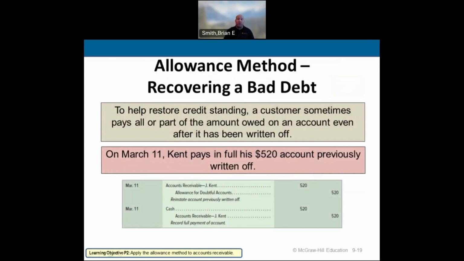Well, similar to the direct write-off method, we still have to reinstate it, but instead of reinstating or reducing and getting rid of our bad debt expense, we're simply going to refund our allowance for doubtful accounts by the amount we wrote off. It could be the full amount. It could be just a partial amount. We're only going to apply this to the amount that is given to us as a payment. So in this case, they're going to pay it in full. We're going to debit accounts receivable, reinstate that amount, and then credit the allowance for doubtful accounts, and then reflect that he paid, or she, I don't even know who Kent is, Jay Kent, debit cash to receive the cash, and credit the receivable to, again, remove it off the books as having been paid.